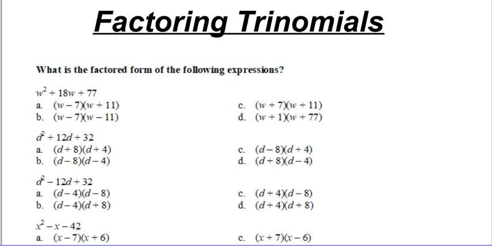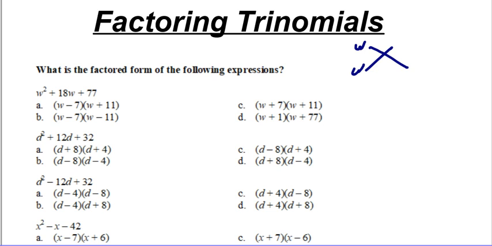Choose the correct answer. What is the factored form of the following expressions? W squared plus 18W plus 77. We studied before factoring trinomial. We can use cross to factor each trinomial. W square means W multiply W,